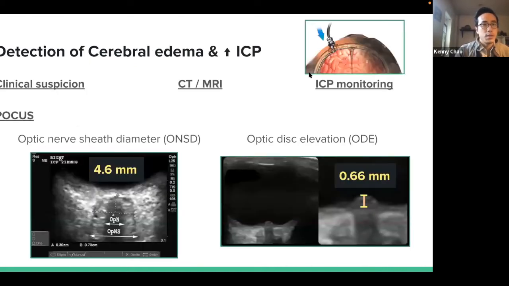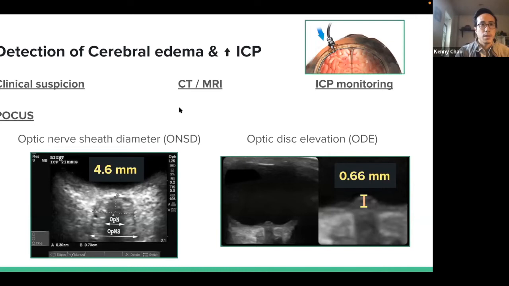So with encephalopathy, you want to make sure you assess for cerebral edema and increased intracranial pressure. So you can do it by clinical suspicion. The patient's altered, they have severe headache, they're vomiting, but it's pretty non-specific. We've also been taught the Cushing's triad, where you have hypertension, bradycardia, and then this irregular breathing. But again, this isn't always present with having all three, and irregular breathing is pretty late stage of having increased